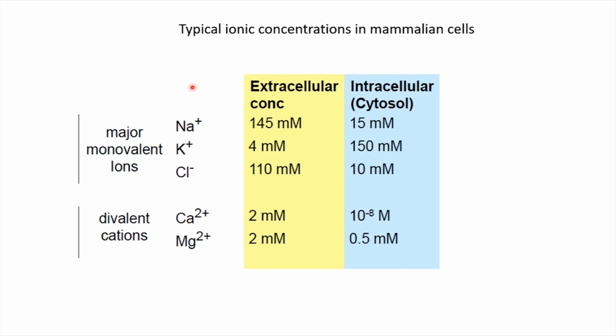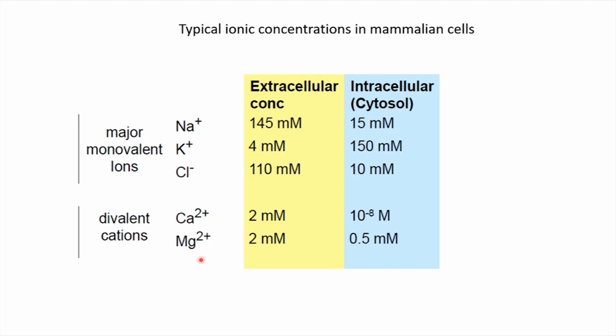These ions can be broadly grouped into two classes depending on the amount of charge that they have. So ions that have a single charge are called monovalent ions, and this includes mainly three ions: sodium Na+, potassium K+, and chloride Cl-. And among the ions that have double the charge, these are divalent ions, which include calcium Ca2+